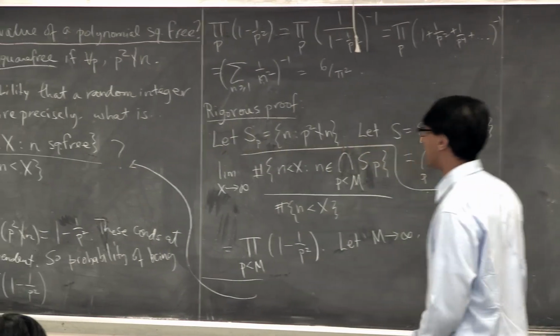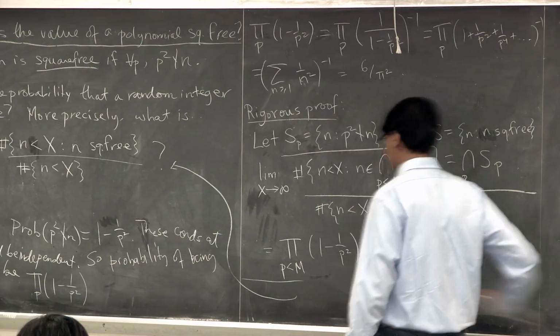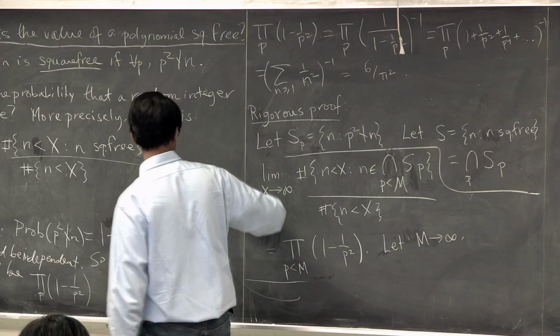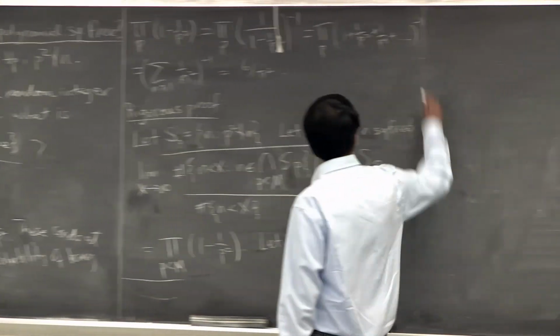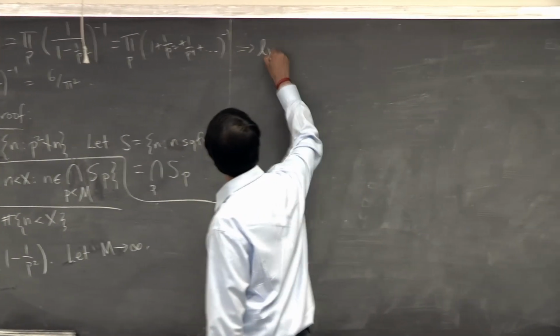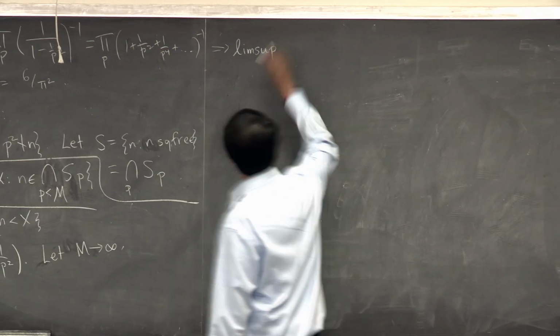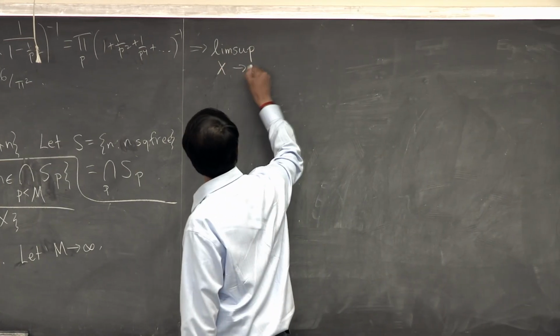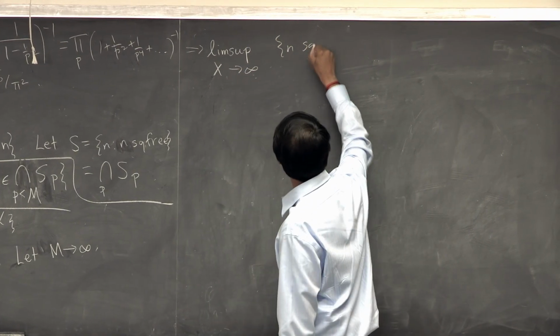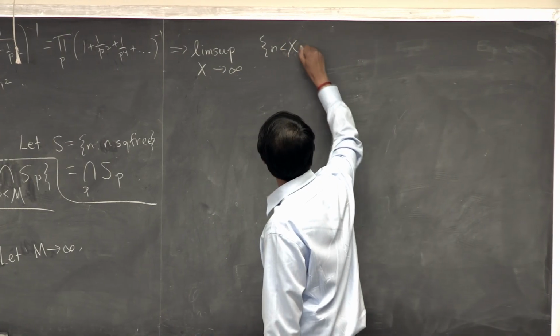Well, at least the lim sup. So I guess maybe I'll write it out. So therefore, that implies that if you take the lim sup, n less than x, n square free,